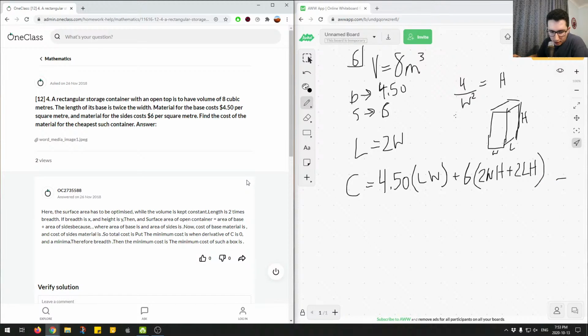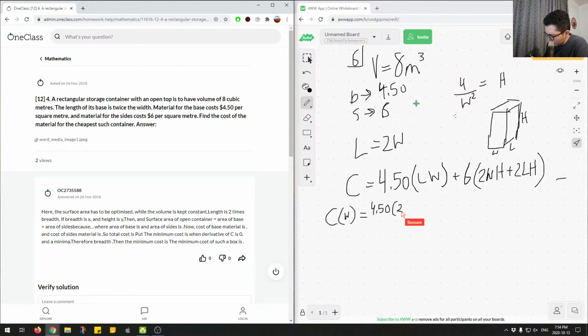So this is our cost equation. Now we're going to substitute in some things that we already know. We know this and we know this. So we're going to substitute H and L to get all this equation into the format where C is represented by W, which is the width of this box. So the variable W. So we'll say C at W will equal 450